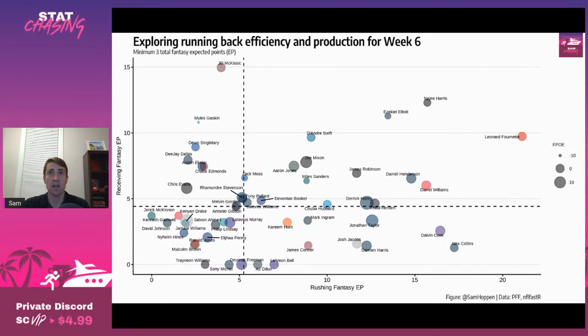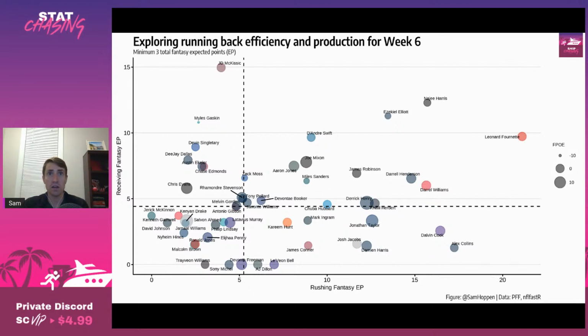Phillip Lindsay looks like he is a non-factor in this offense and is probably the de facto handcuff to Mark Ingram. So if all 3 Houston Texans running backs are available on the waiver wire, I'd shoot for Mark Ingram first and then David Johnson,